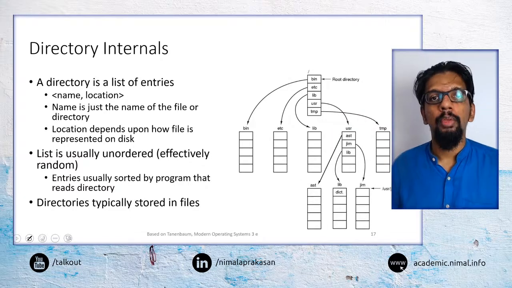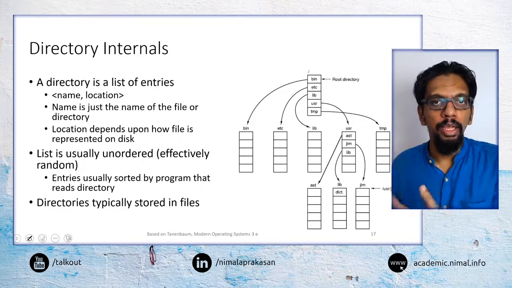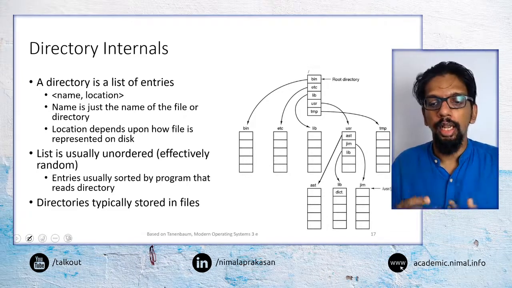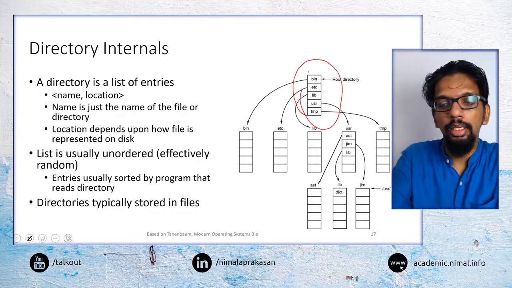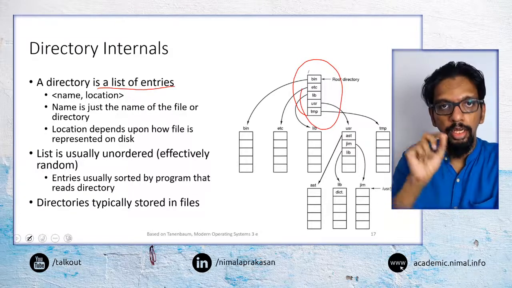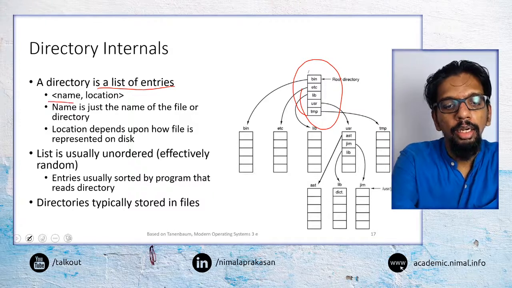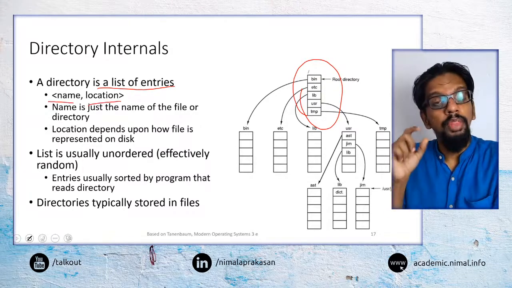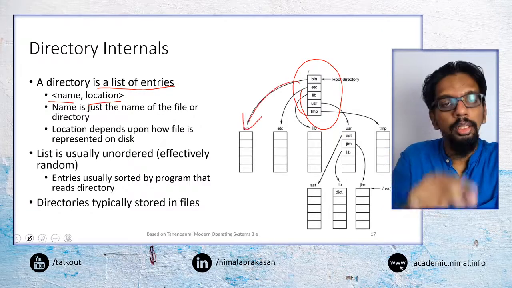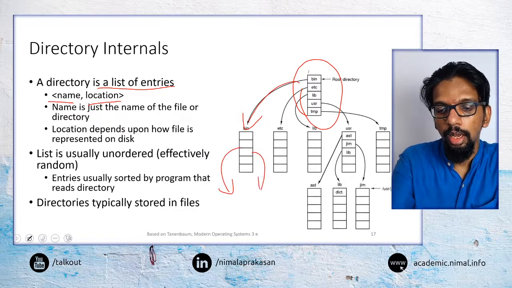So as I mentioned earlier, directories are going to be internally mapped as files in most file systems. What we would have as a directory is just a list of entries, and that list of entries is going to identify a name, a file name or even a name of a directory, and a location. And if that location is another directory, then it may point to another directory file, and then that can point to further files down the line.